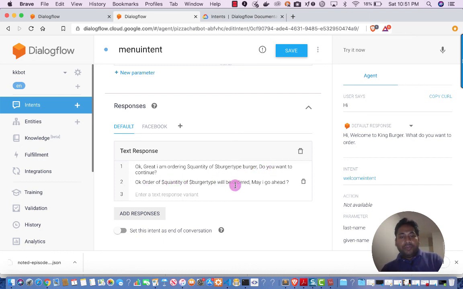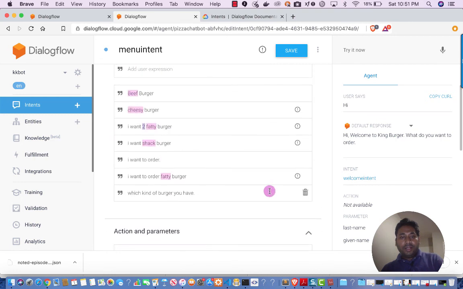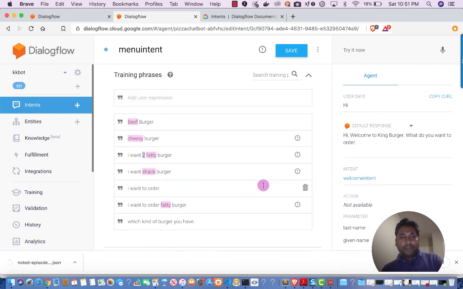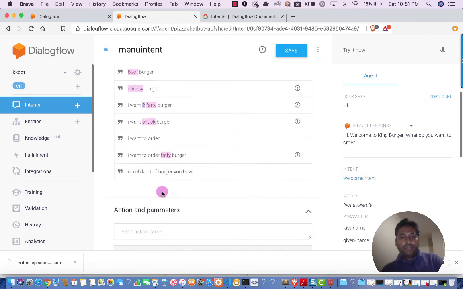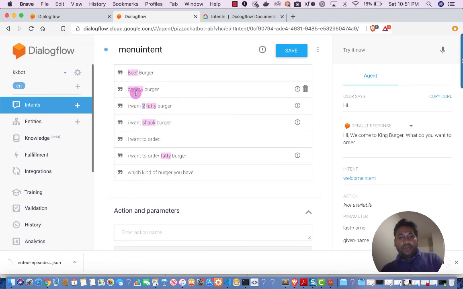If you see the action and parameter section, if anyone enters I want to order two beef burger, those entities will automatically be detected by Dialogflow, and the quantity will come inside this quantity parameter, and beef will become the burger type. So we can create multiple parameters like this.